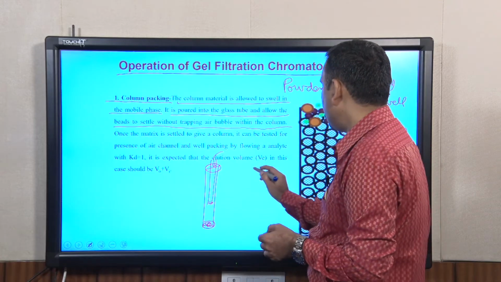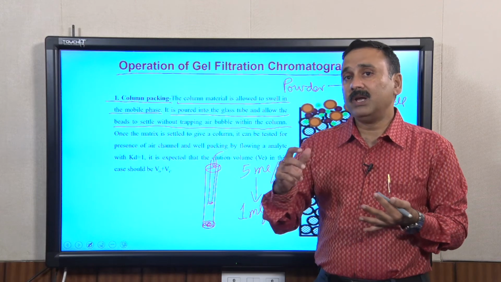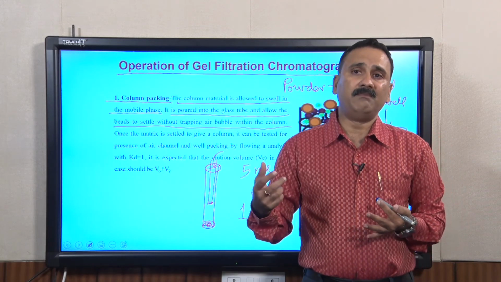Suppose I am packing this column at 5 ml per minute. Okay. If I am packing this column at 5 ml per minute, it is recommended that you should not use this column beyond 1 ml per minute. Why is it so? Because if you run it beyond 1 ml per minute, you are probably going to affect the column packing,